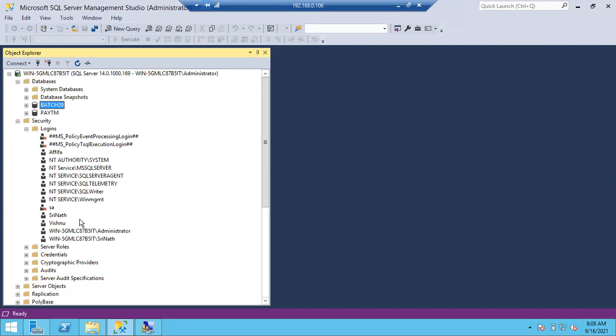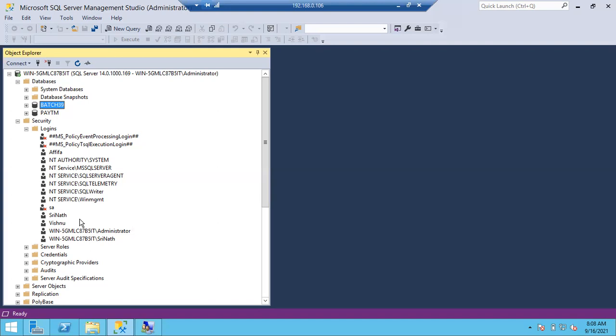You have to create a Windows level group, in Windows or Active Directory. That can be explained in the Active Directory concept. Now you may be a little bit confused, but nothing is there, simply as I told you. Usually group logins are very helpful. In organizations also they prefer group logins instead of individual logins. So I am going to group all the logins, and whatever permissions I want to give, I can give to that group.